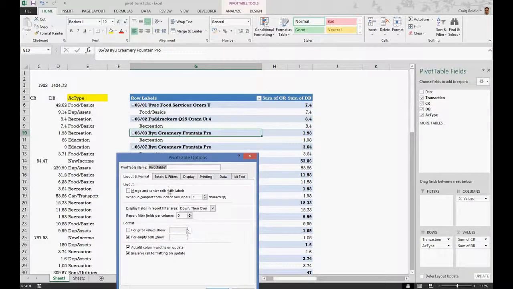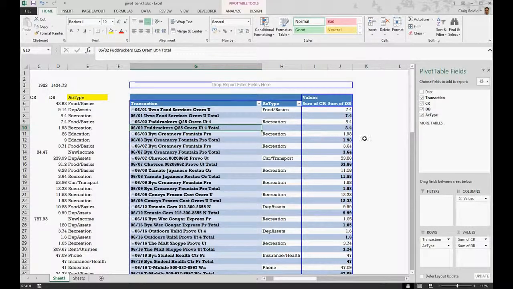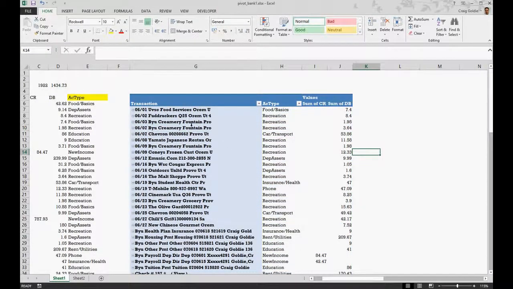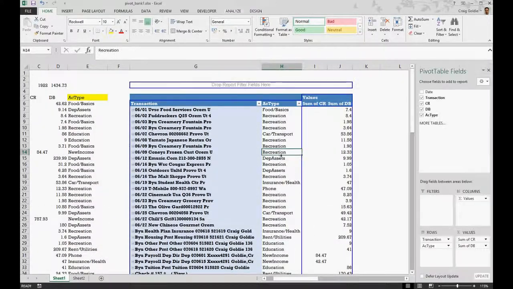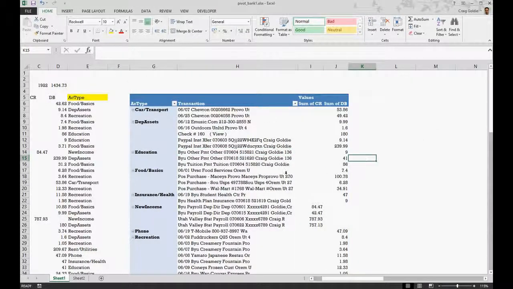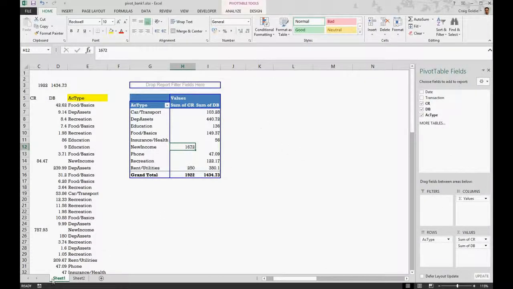which I've done here. I'm just changing the pivot table options so that it shows the old style pivot table. Instead of staggering the totals, it puts them side by side. I'm just going to right click and uncheck subtotals to get rid of the subtotals. So let's just switch it the other way around again. And now I'm going to get rid of the transaction,